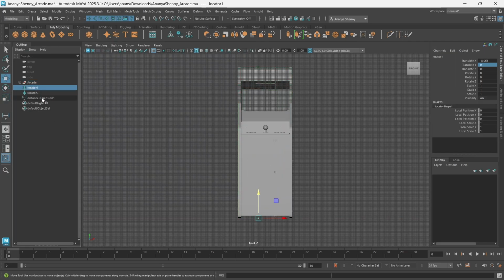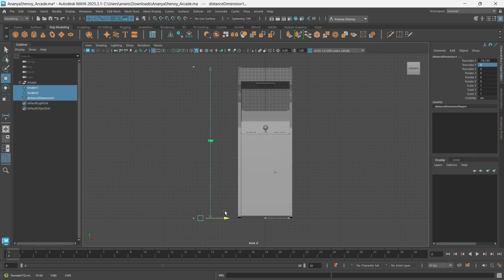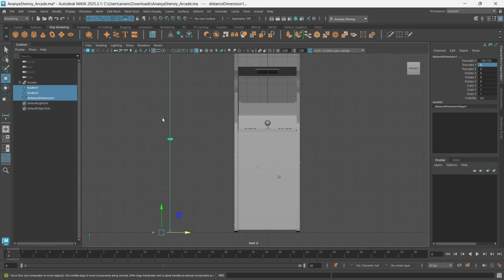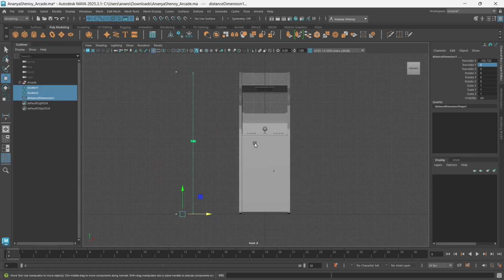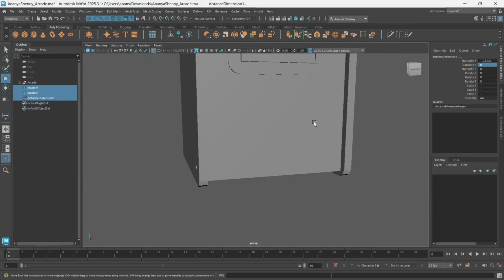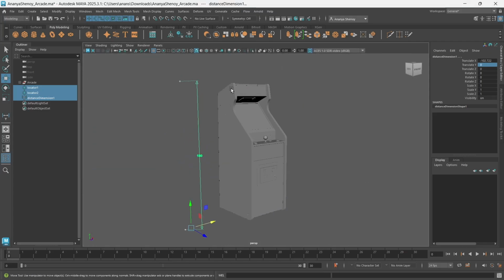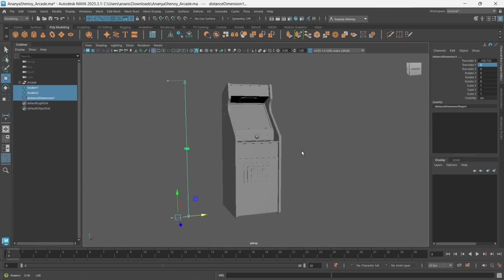And I can even select locator 1, locator 2, and distance dimension and move them to the side so I can see them better. And once I do this, my arcade is prepared to take to Substance Painter. We're going to have another video showing you how to assign materials and how to organize your UVs better. But if you're done with UVs and you scale this, this is mostly ready for Substance Painter.